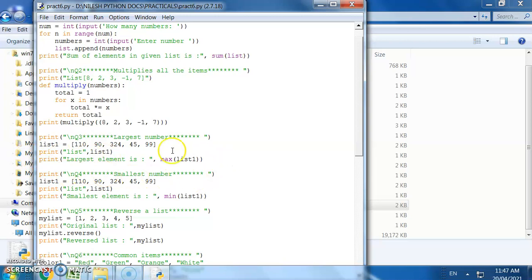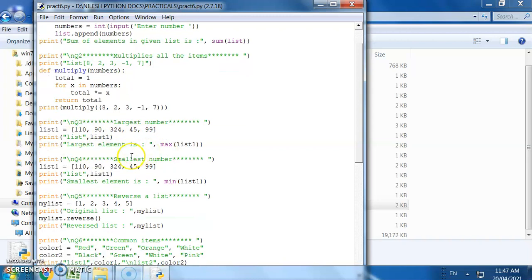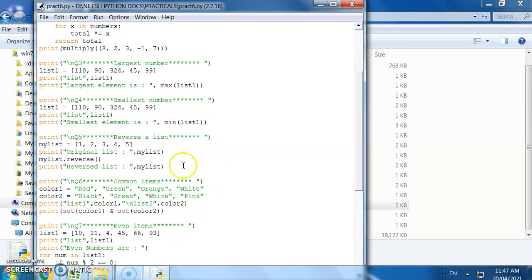After that we are using the max function, through which we can find the maximum value within the list elements. Like this we can use the min function also. If you want to print the list in reverse order, you can use the reverse function. It will help you to reverse the list.